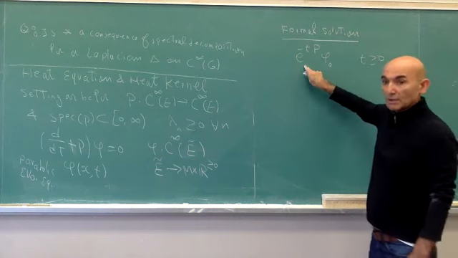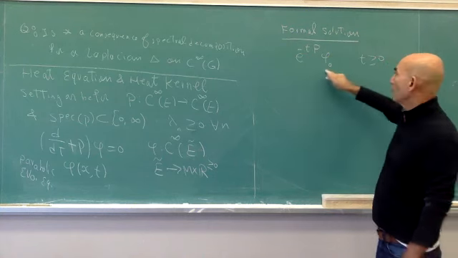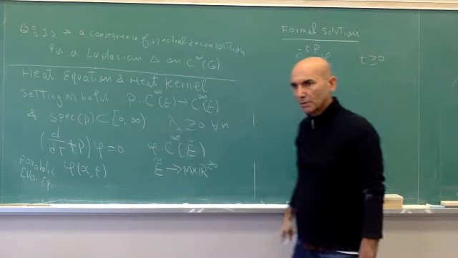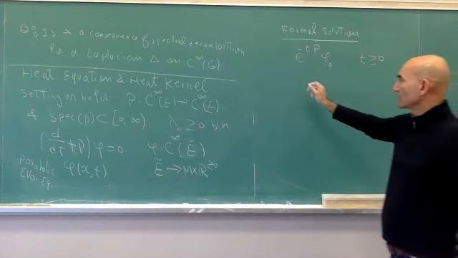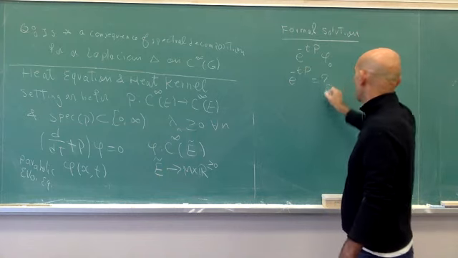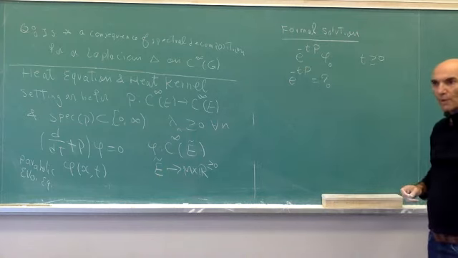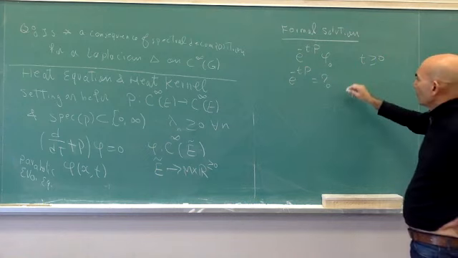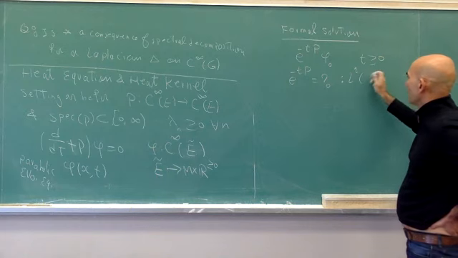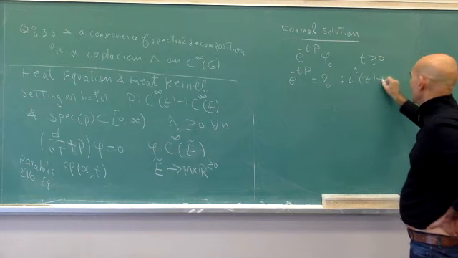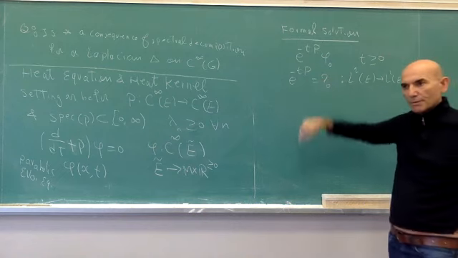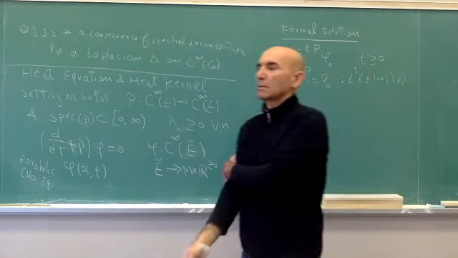So now the question is, what is this operator e to the minus tP? Well, formally this satisfies the equation, as always with parabolic equations. But the question is, what is e to the minus tP? What is this operator? This, of course, is supposed to be a bounded, very nice operator from L2 of E to L2 of E, but how can we define such an operator? That's the thing, right?